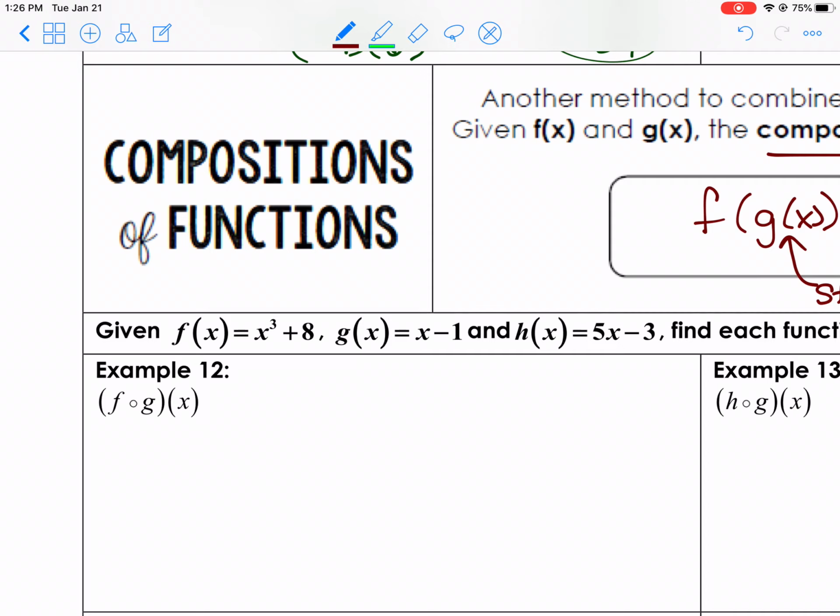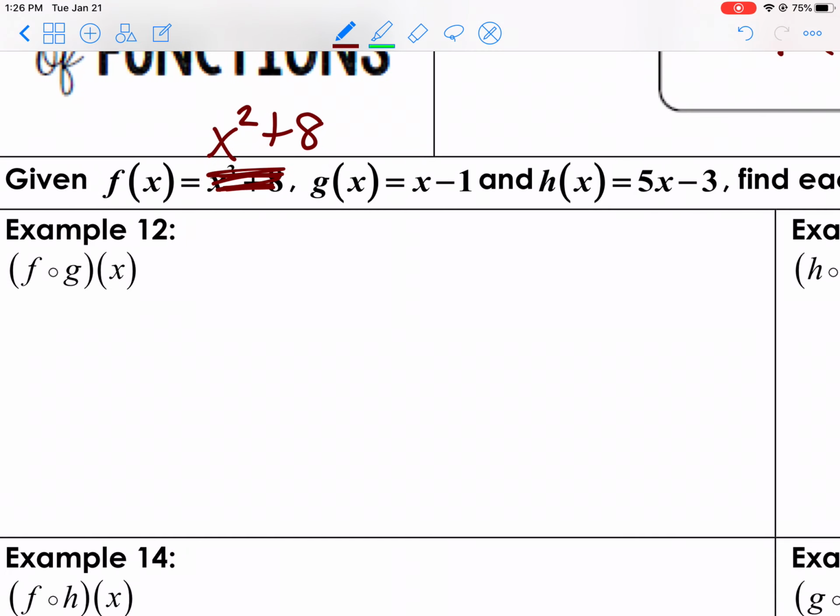One other thing I want you to do is let's change this. Let's have the f of x function be x squared plus 8 instead of x to the third. I think x to the third makes things unnecessarily difficult, so we don't need to bother with that. Okay, so this composition is telling us that we need f of g of x, and we're going to